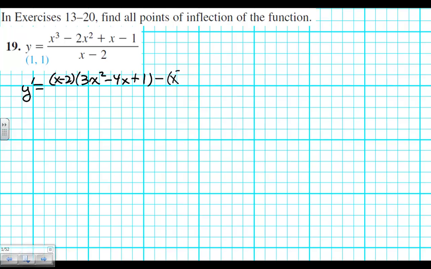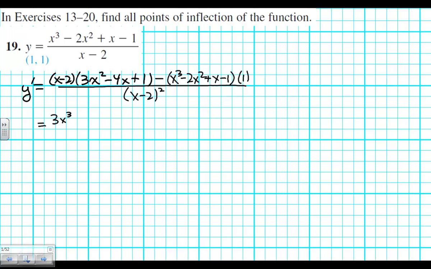Times top times the derivative of bottom, which is 1, all over bottom squared. So far, so good. Now we're going to have to expand this. So we're going to end up getting